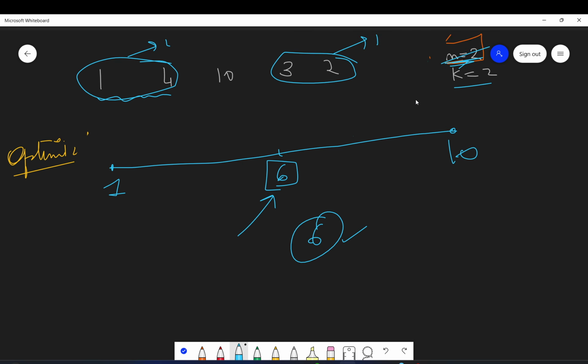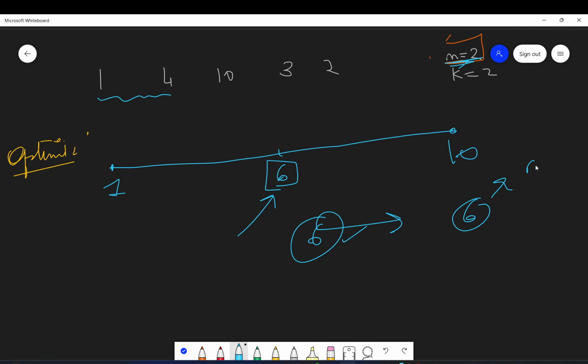But there might be a case that fewer than 6 days also make m bouquets, because we want the minimum number of days. So 6 might not be the minimum.